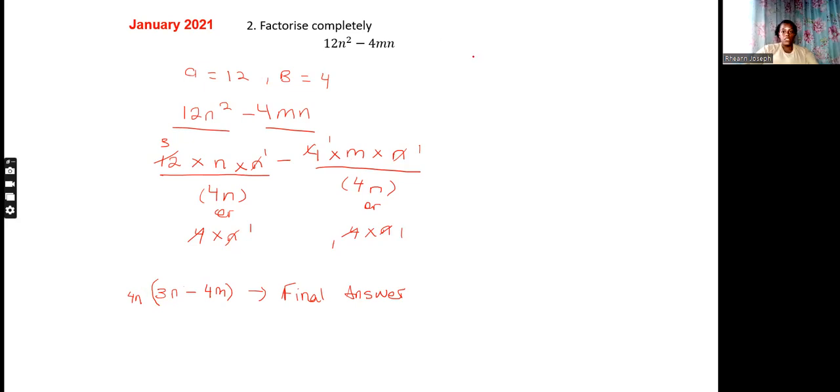Let's see. So you have 4n by 3n minus 4m. Okay, so we're going to multiply by this, and then we're going to multiply by this. So remember, this is positive 4n. And this is positive 3n. This will act as negative 4n. So 4n by 3n is going to give you n by n is n squared. And then 4n multiplied by negative 4m, right, is going to give you,